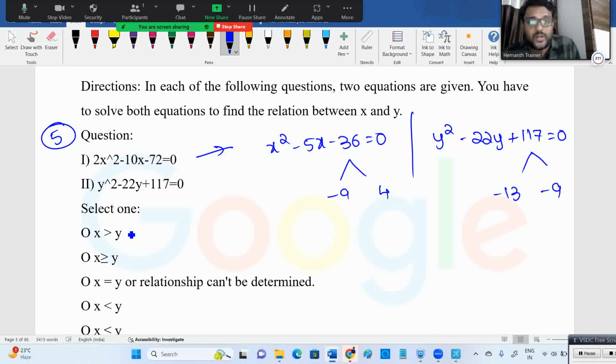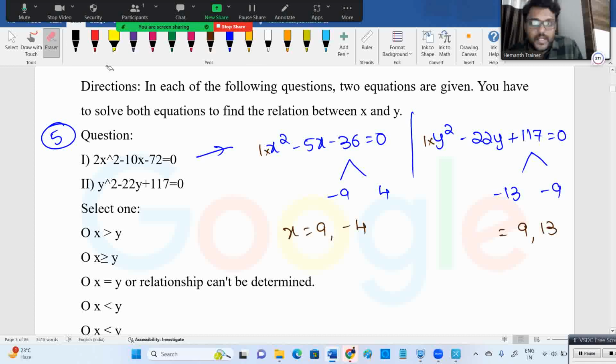And here I'm giving one shortcut. Listen, when the x square coefficient is 1, and here the y square coefficient is 1 as well, then when you got minus 9, the final will be plus 9. This is only when the x square coefficient is 1. Here 4 means you will get minus 4. Here minus 13 means you will get 13. Minus 9 means you will get 9. Sorry, this is y. The second one is y. So if you take 13 and 9 for y, and 9 and minus 4 for x,